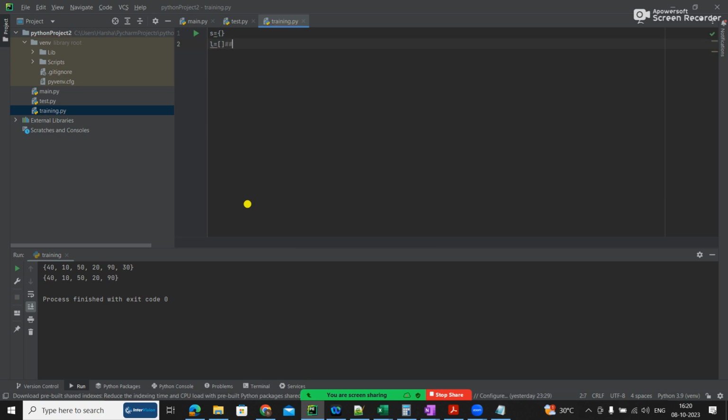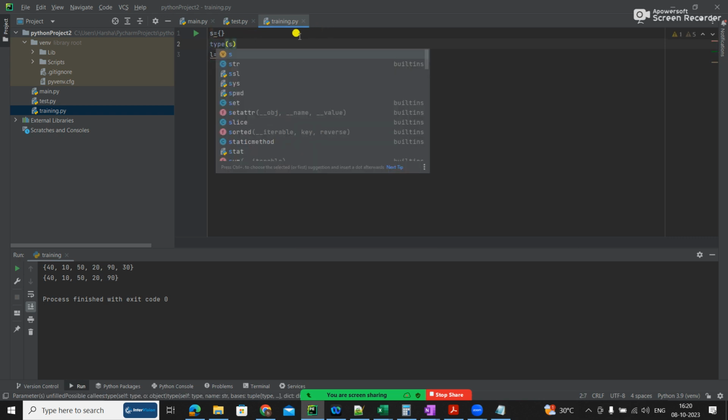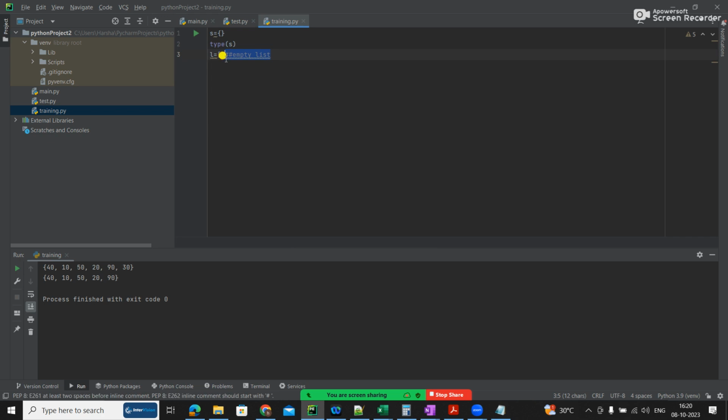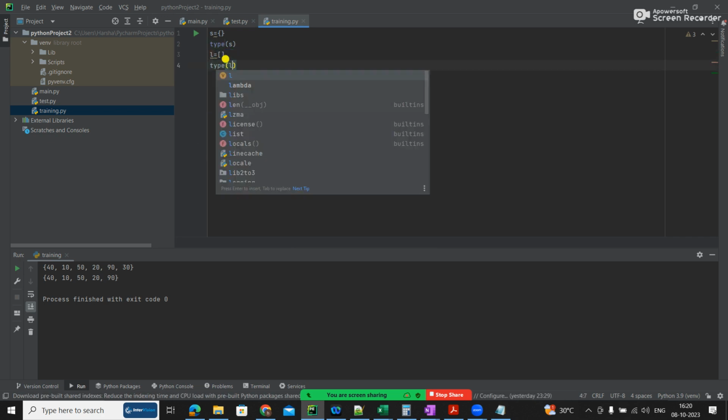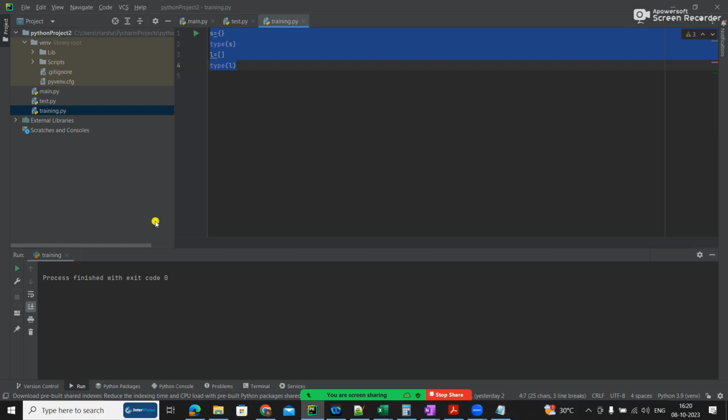Empty lists are represented like this. So is this an empty set? I can do type of s. I will also do type of l. Oh, print, I didn't do print.